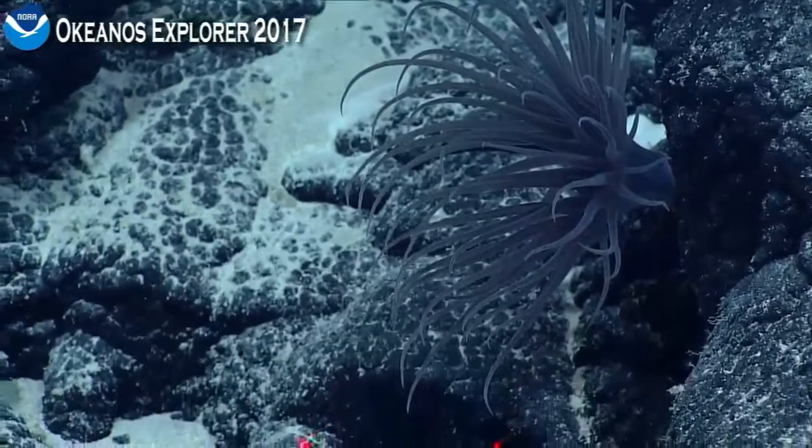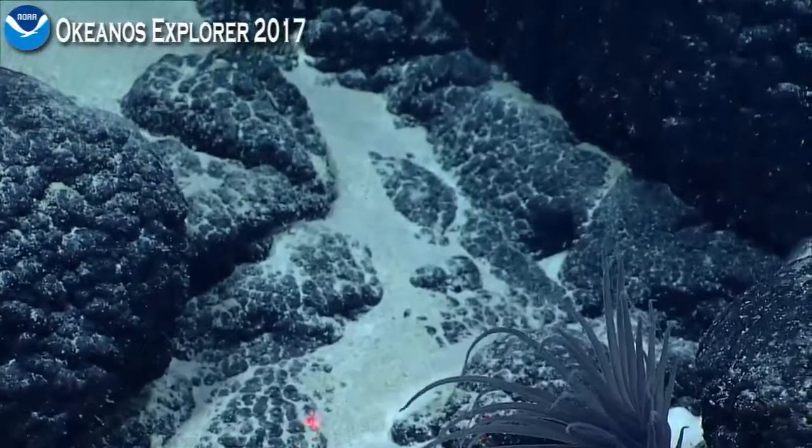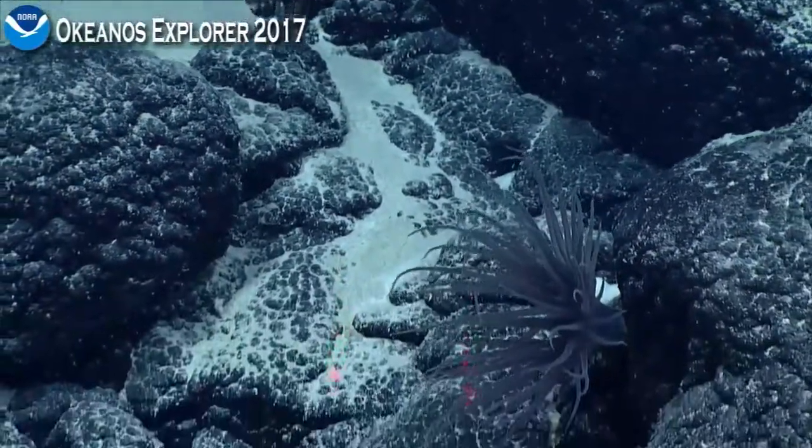But we're moving the ship, Dave, so why don't you come back a little bit. It doesn't make any sense. We think we'll... Tina Molitsova thinks it's a cerianthid based on oral tentacles, which you can't